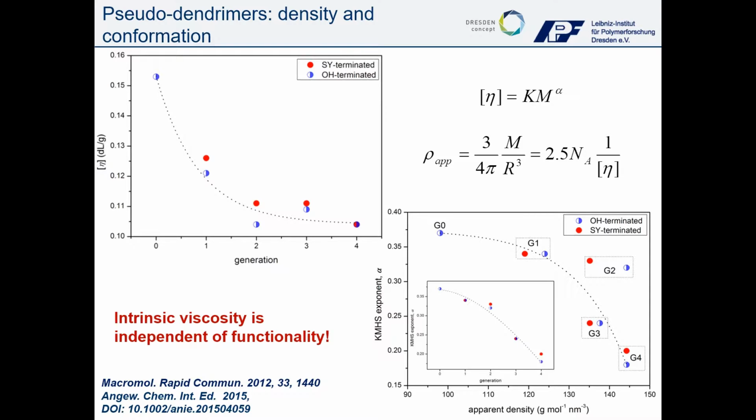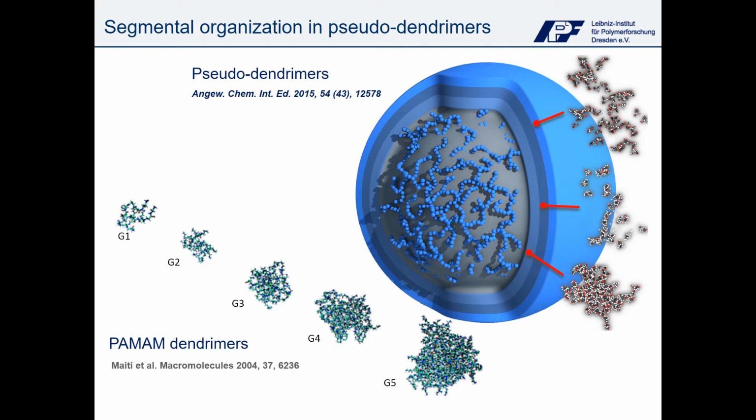What is interesting here is that the intrinsic viscosity as well as the Kuhn-Mark-Houwink exponent is absolutely not dependent on the functionality, taking into account two different functional groups, OH-terminated and dialkyl-terminated functional groups. Now, pseudo-dendrimers obviously have very specific segmental structures, which was the main topic of this study, and we showed by molecular dynamics simulations that